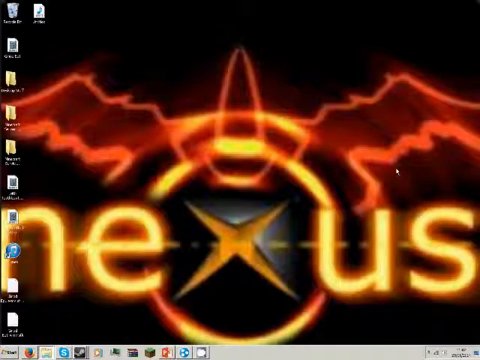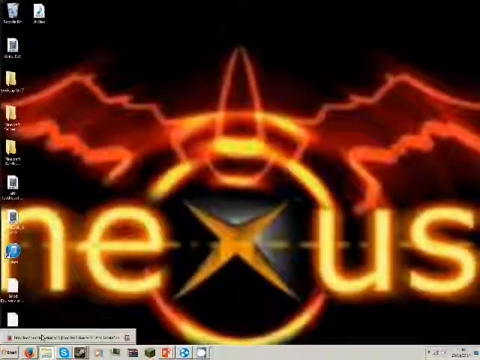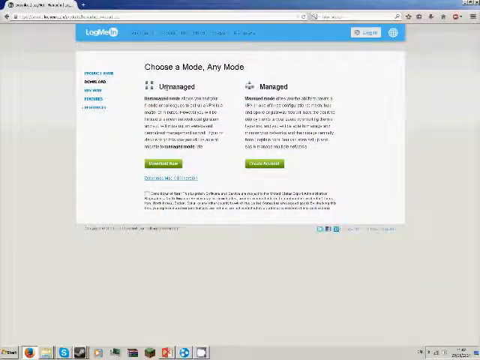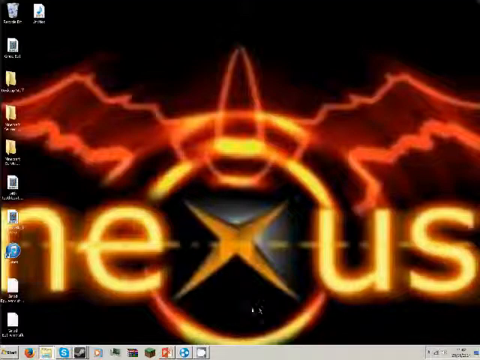First, we need to go to our Internet Explorer and download a program called Hamachi. And we're going to download the unmanaged version. I've got it already installed, so I don't need to do anything. But basically, click the unmanaged version, like so. And then once you've gone all through installation, etc.,